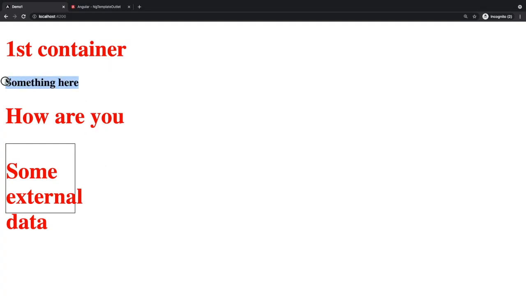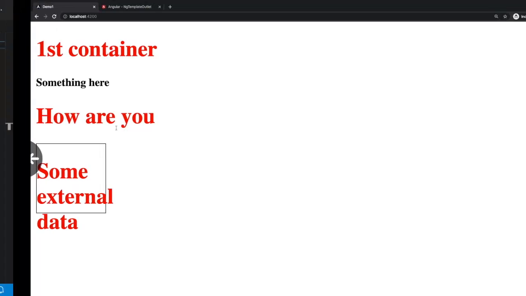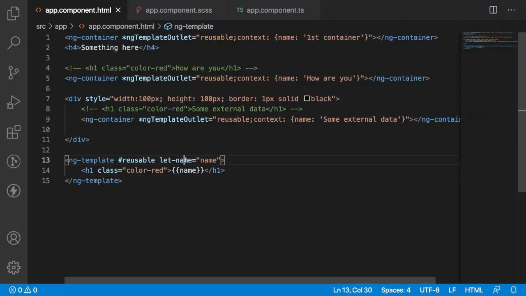And also we are trying to write in between anything. So we have reused our content. So that's how we can work with our data. And now we have passed our context and we are showing this particular data. What I'll do is I want to create some other content where we are passing only the name here.